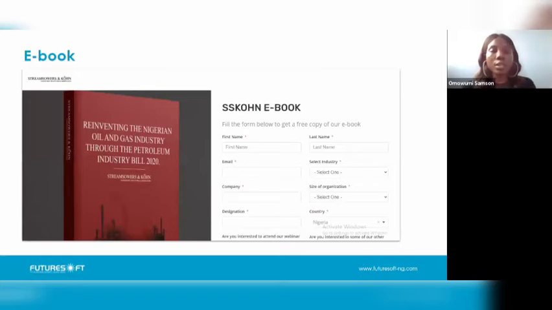So this is an example of a website that uses an ebook to get the email of their target audience. If you take a look at this very well, this is actually something we did for one of our clients at Futuresoft. It is requiring more than just your name and email address. And earlier I said something about having more than 1 field or more than 2 fields,